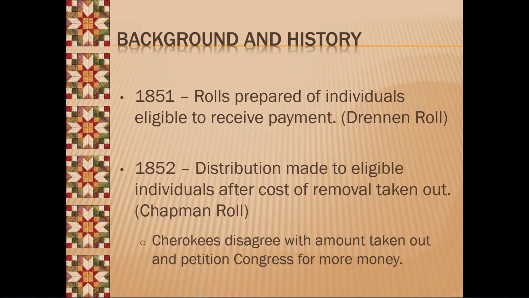They were paying these people for all of the property, buildings, houses, those kind of things that they were forced to abandon in the East when they were removed. So that's the basis of the money. They made the Drennan roll, a list of the people who were eligible to receive